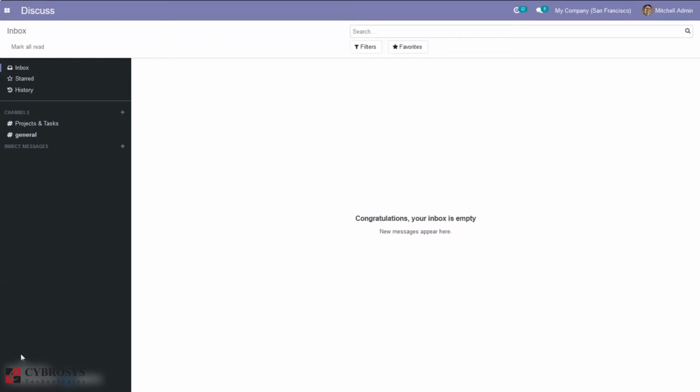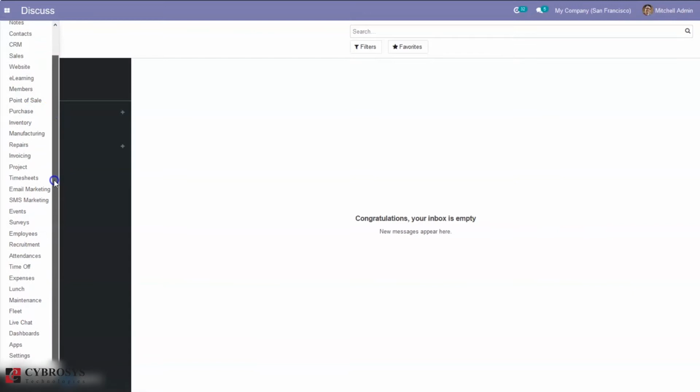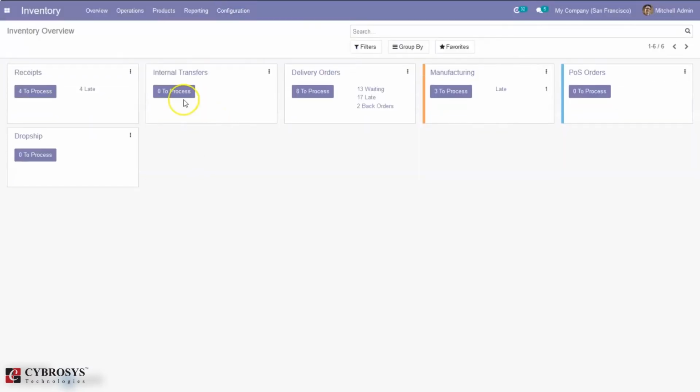When goods are scrapped, they are not reflected in the system as part of inventory. The scrap material will be physically moved to the scrap area and not taken into account in inventory valuation. First of all, we have to configure the locations option in our inventory. Only then can we create scrap locations.